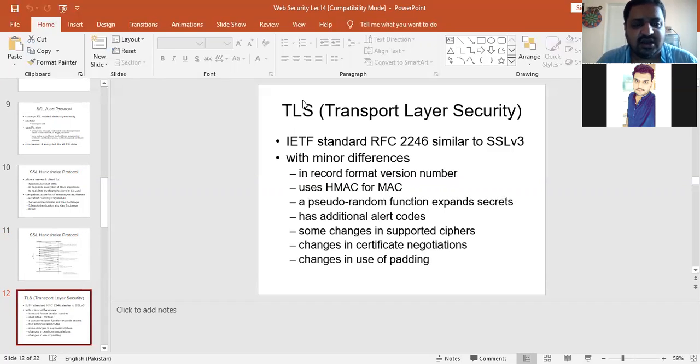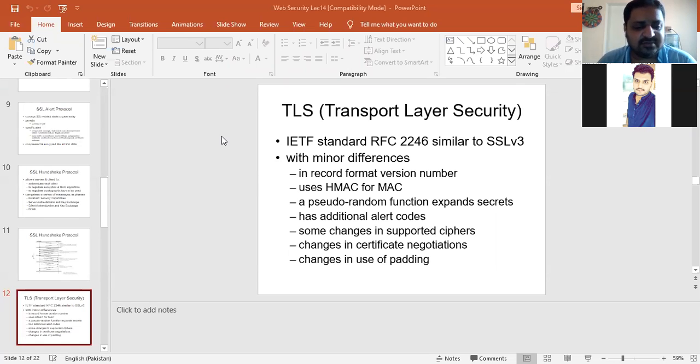For example, it consists of record format version. It uses HMAC in place of the MAC algorithm, and it uses different other functions to provide security to the data,